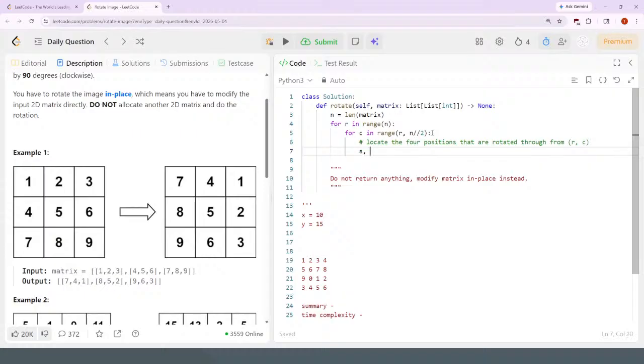Let's say A, B. No, I can't even use variables here, right? Because I need to actually store it back into the thing. It's fine. A, B, C, D is equal to matrix at RC, matrix at,